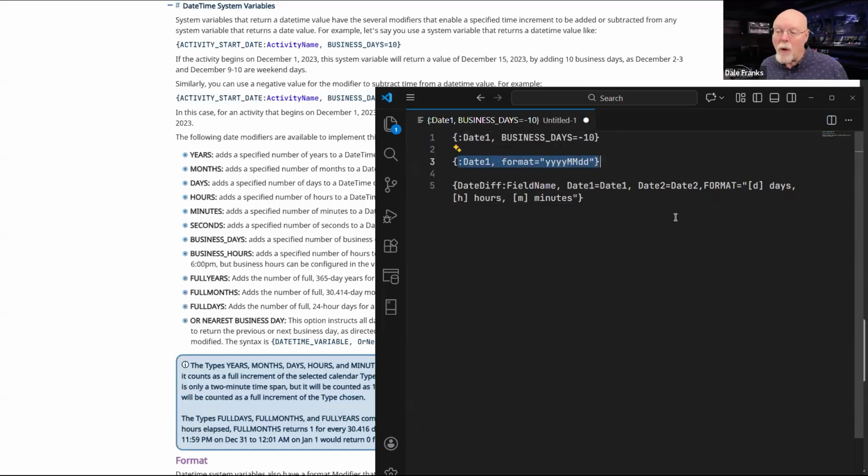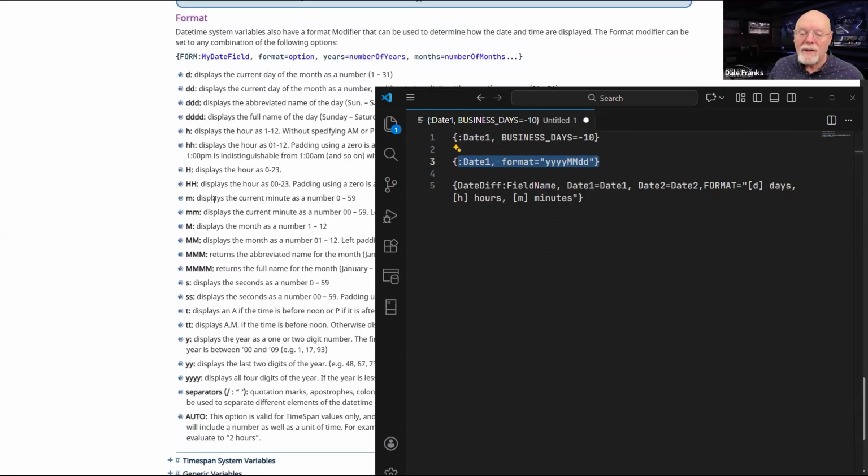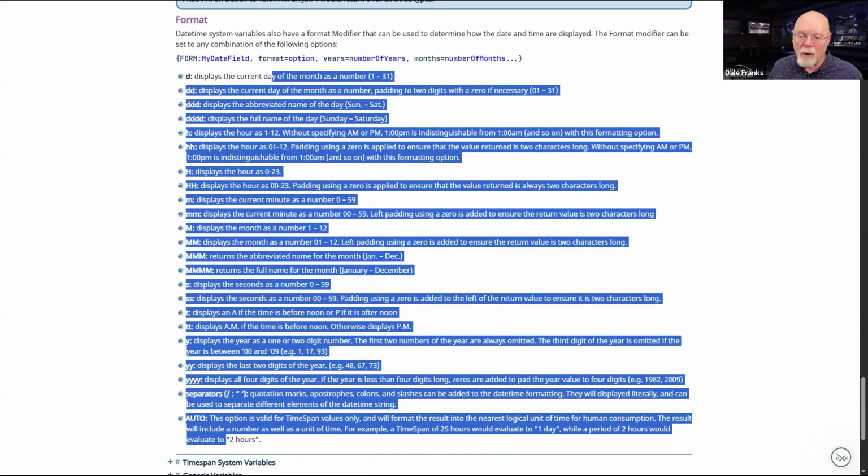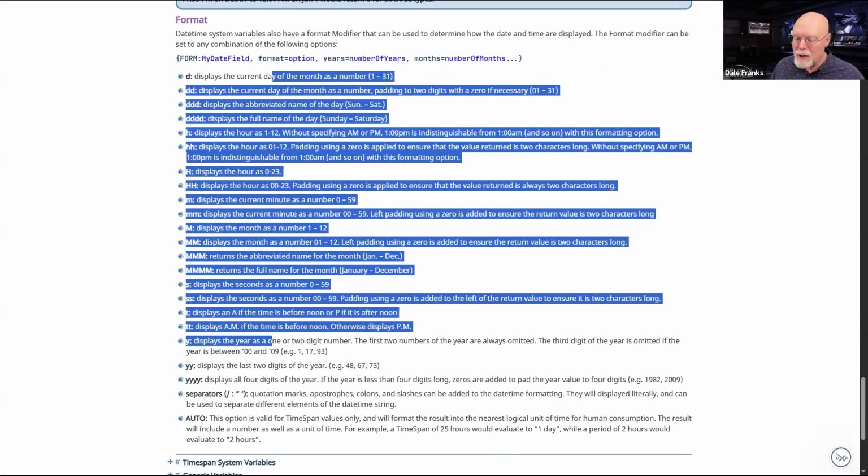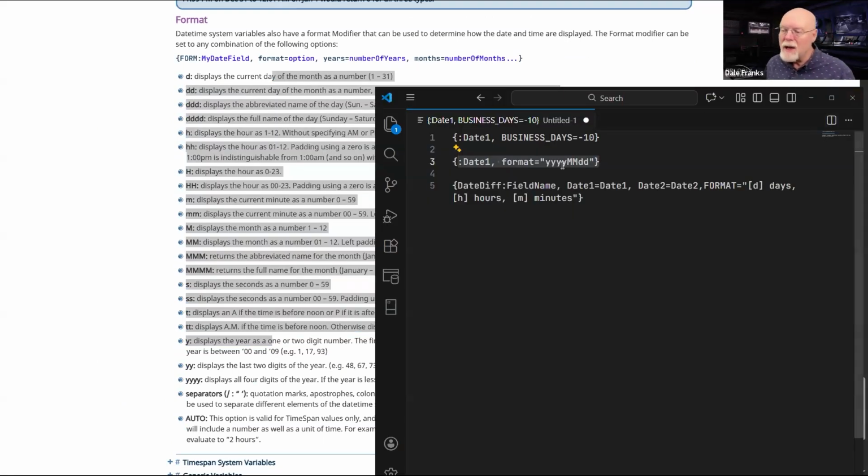Next is my date formatting. So there's a whole bunch of different ways of formatting dates. I have all of the different date formatters here in the documentation, so you can look at that as well. So in this case, I've just thrown in the date format that, well, it's a date format I've used ever since I spent 10 years on active duty as a military policeman. The date time group, the DTG, year, month, day.